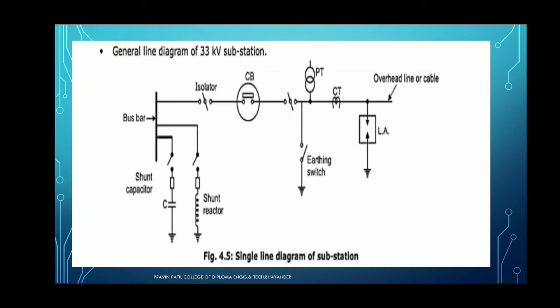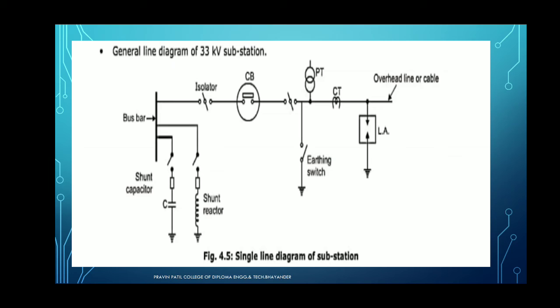Near to that CT, one device is connected, the relay. In case a fault occurs, the relay senses the fault and gives a command to the circuit breaker. Then the contact of the circuit breaker isolates or disconnects. Here the discontinuity of the supply may take place due to the trip of the circuit breaker, and hence we have to provide protection to the healthy parts of the power system to isolate the faulty section.